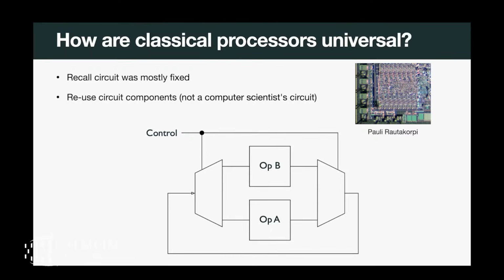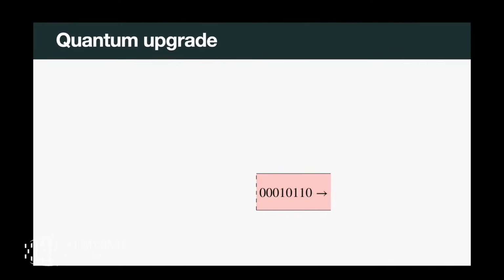Now, in terms of actually being able to program this thing, suppose that I had my one controlled qubit or something like this, and that these are maybe some really, really complicated operations. And I want to do some sequence of them, operation A and operation B or whatever. Well, I just take my control, and I route the data to either operation A or operation B. And by choosing which direction the data flows, I can implement some pretty complicated circuitry using only a small bit of control. Great. And we're going to do something like that quantumly.